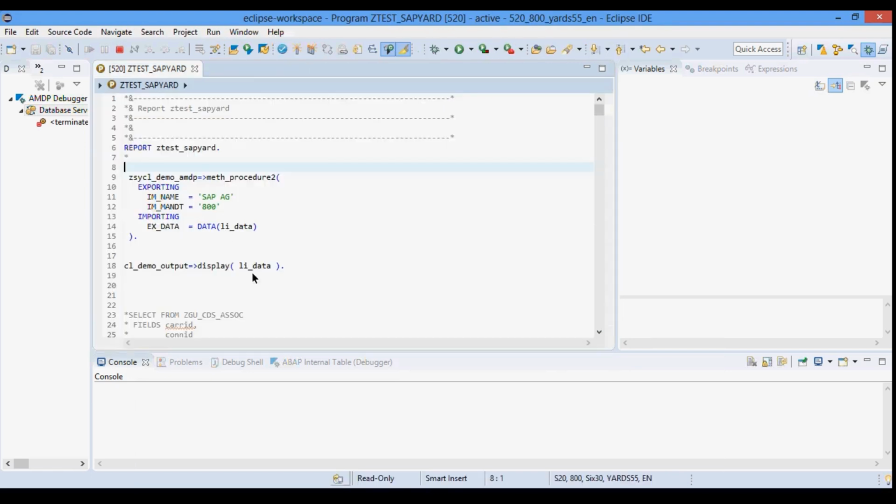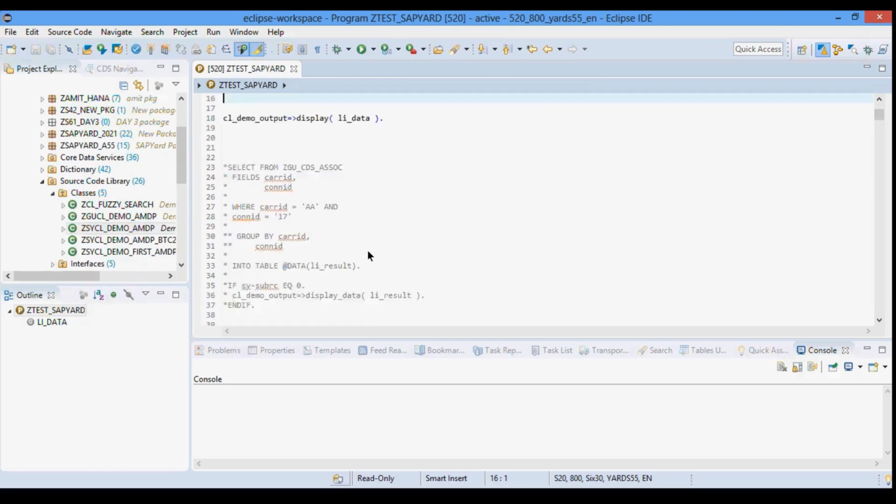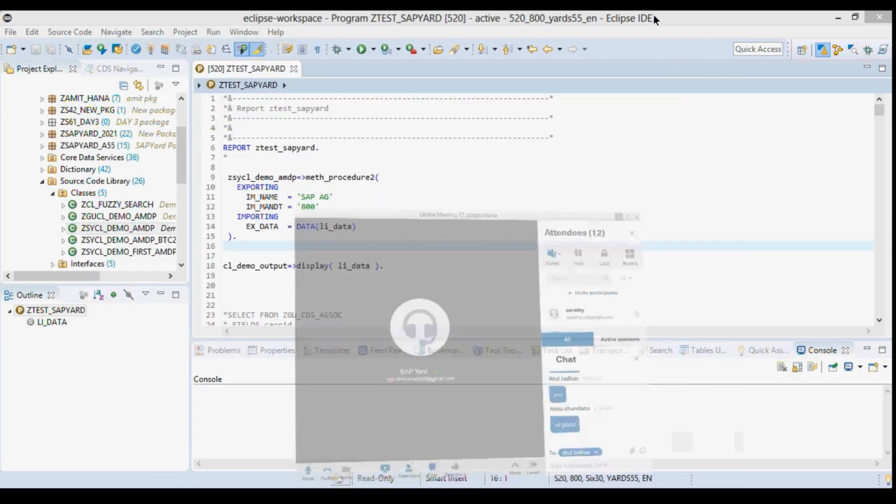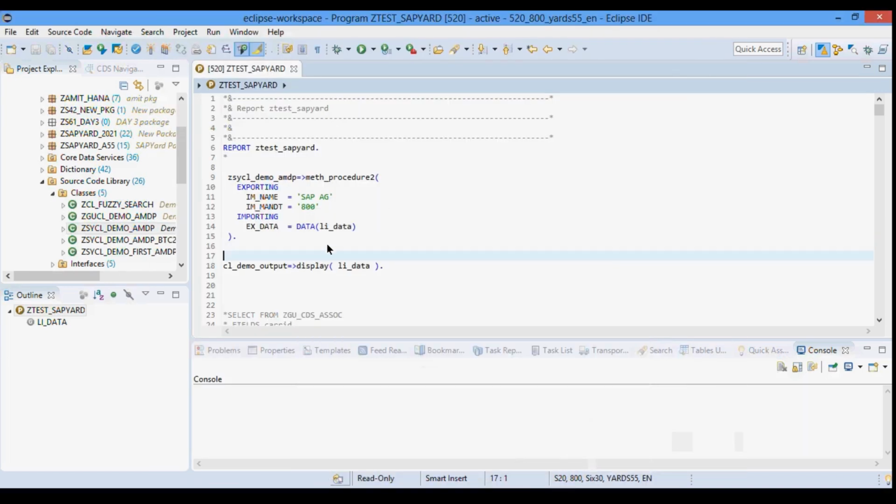This also gives you a very good feature if you want to understand how this debugging is working, at which logic or which statement it is failing, or what data it is sending back. There are many variations and many things you can try out with your AMDPs. I would leave it up to you to explore more in detail, but overall, what AMDP is, how it works, how it is consumed, how it is debugged, and how to call existing tables or database procedures from your AMDP methods, everything we have covered.